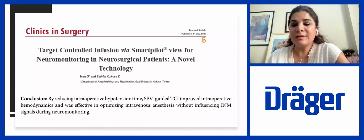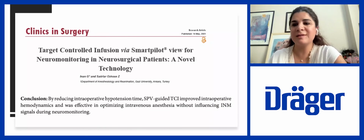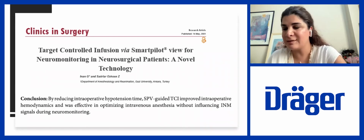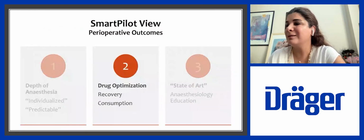And here you can see in our research, this was for the spinal surgeries necessitating neuromonitoring. And as you all know, during the neuromonitoring processes, the standard or the gold maintenance of anesthesia is total intravenous anesthesia without using neuromuscular blockers. And so in case of these situations, you should deepen your anesthesia because the patient may move during the monitoring. And then if you use overall propofol,